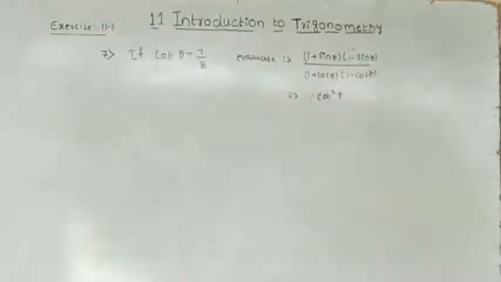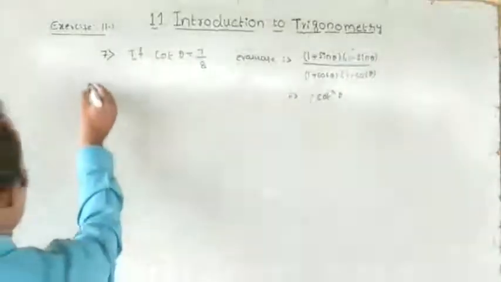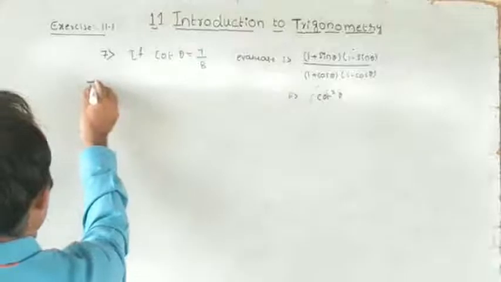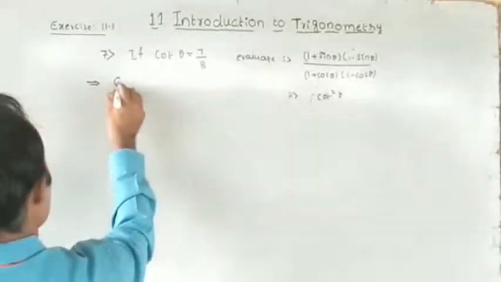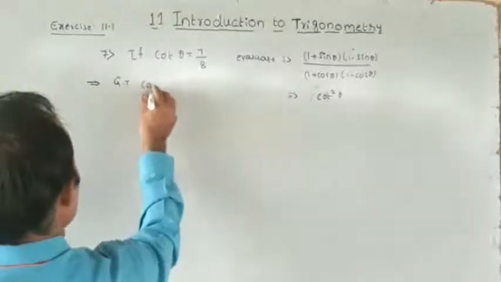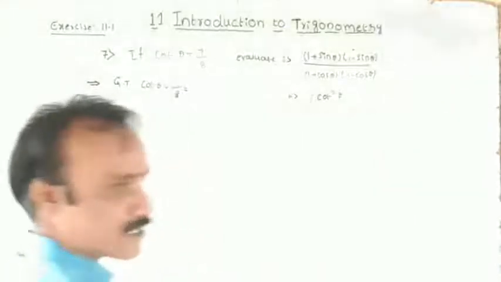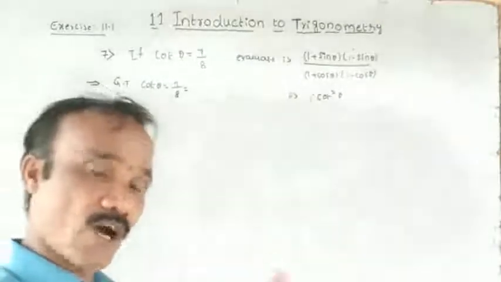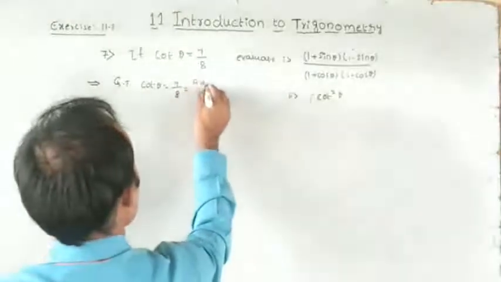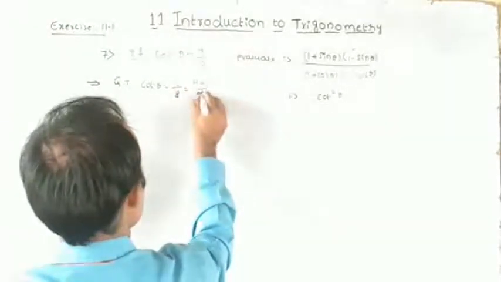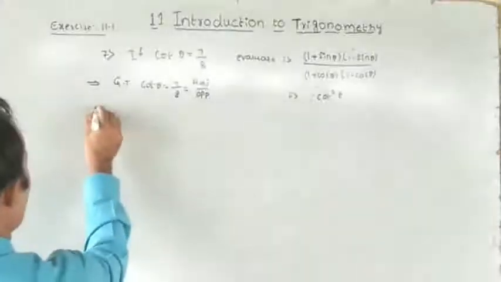Before going to find the first one, as you know already, without all three sides of a right angle triangle we cannot find the answer. Cot theta is equal to 7 by 8. Cot is the reciprocal of tan. Tan means opposite by adjacent, so cot, the reciprocal, is adjacent divided by opposite. I will draw a right angle triangle here.